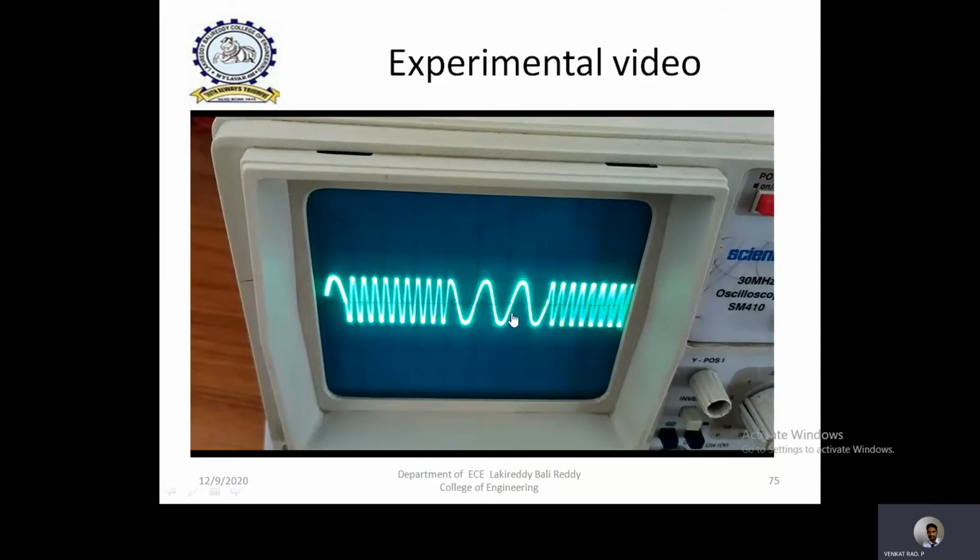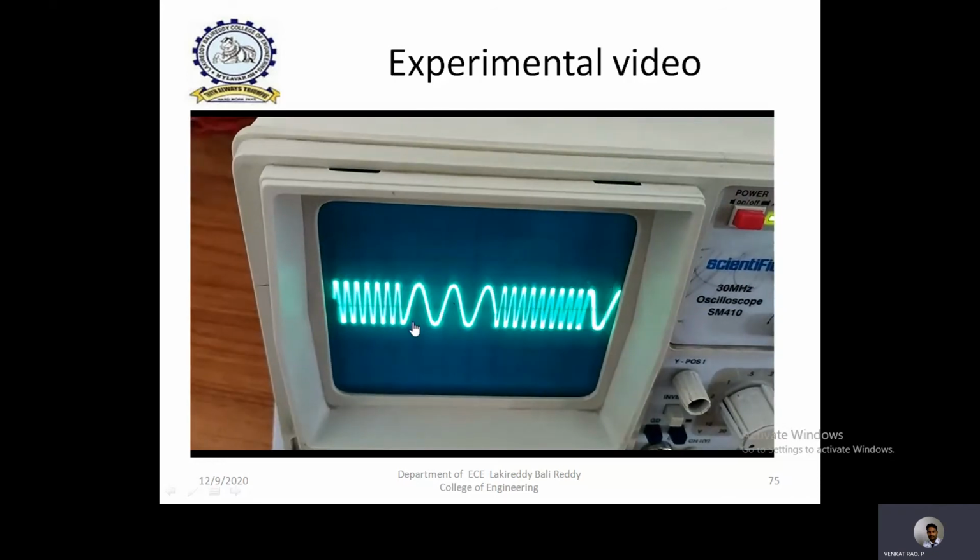Okay, from this waveform, from the FSK output, you need to calculate what are the F1 and F2 frequencies. That means from the CRO screen, note down the time period during this high frequency region. So 1 by time period will give you the frequency, that is F1, that is mark frequency. Similarly, during this low frequency period, calculate the time period. 1 by time period will give you the frequency. So that frequency is equal to F2, that is space frequency. So you need to calculate that, right?